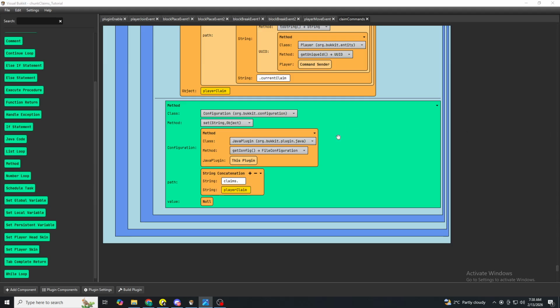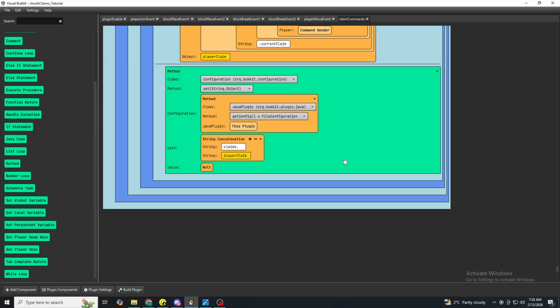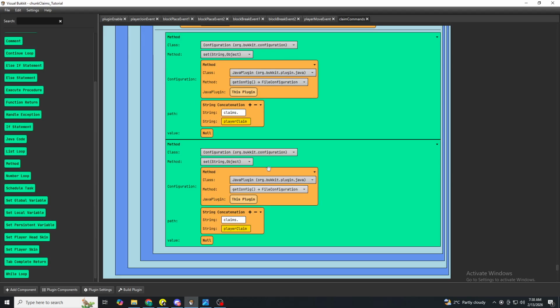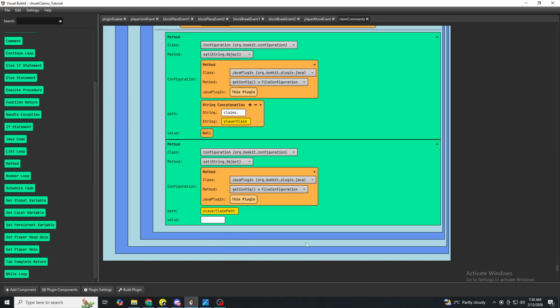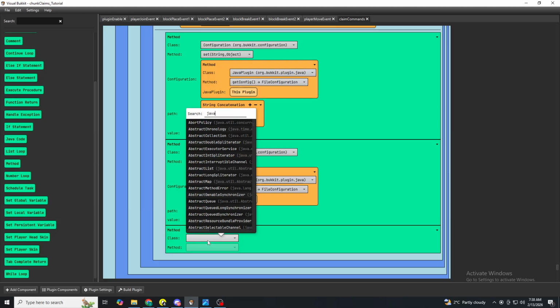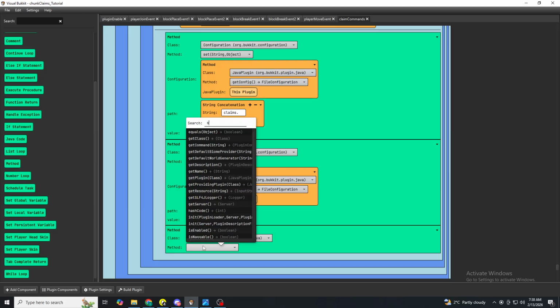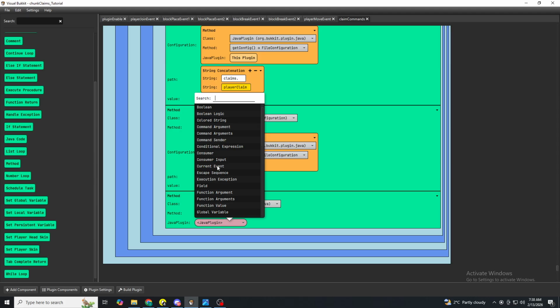And then we are gonna copy this, do paste after, and we are going to delete this, set to a variable, player claim path, and we are going to just set it to an empty string, just like that. Then we'll do method, Java plugin, save config, this plugin,